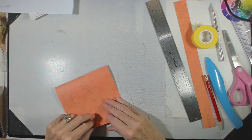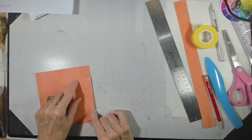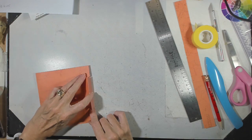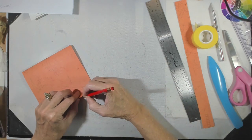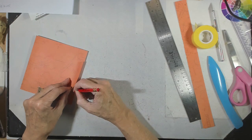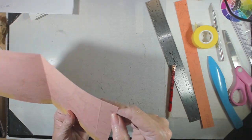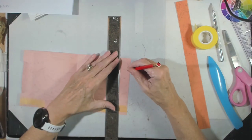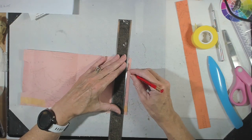And because I didn't cut all the way like the last one, I had to cut the last one all the way. I'm just going to poke this up and underneath, get my halfway point on one side, get my halfway point on the other side, like I did with the first one, so I know where my points are that I draw my line. And now we're going to draw the line,